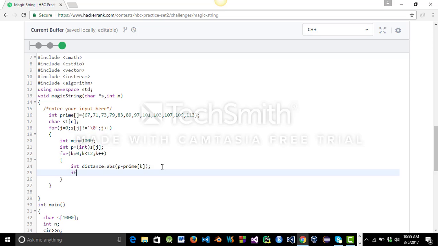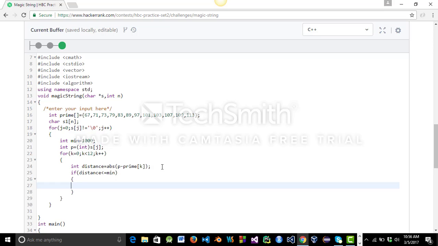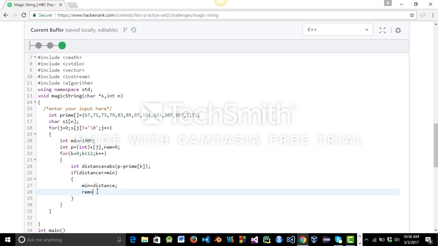So now we see if distance is less than or equal to min, we replace min by distance, and we take a variable called rem, and we say rem is equal to k. We are doing this, rem is equal to k, because I want to know the index of the prime number which is being replaced with s of j.